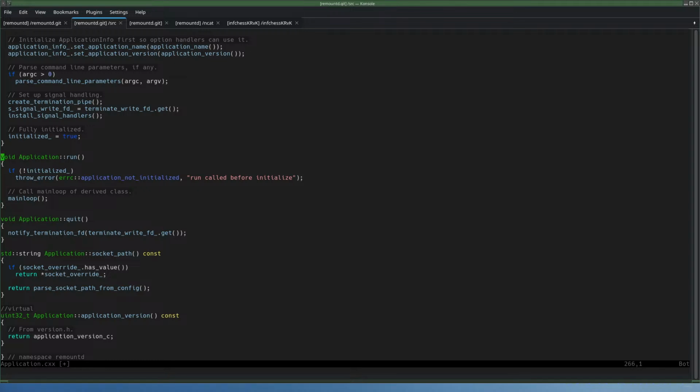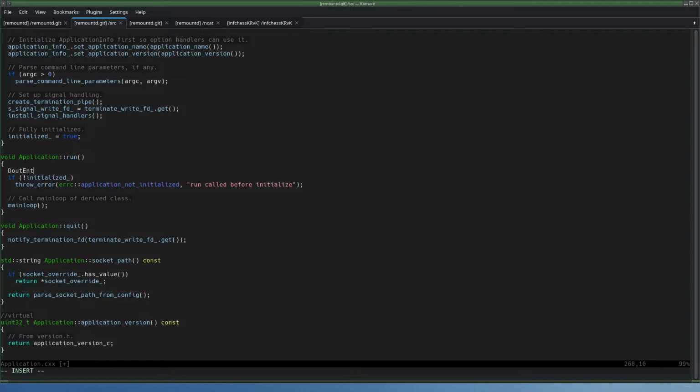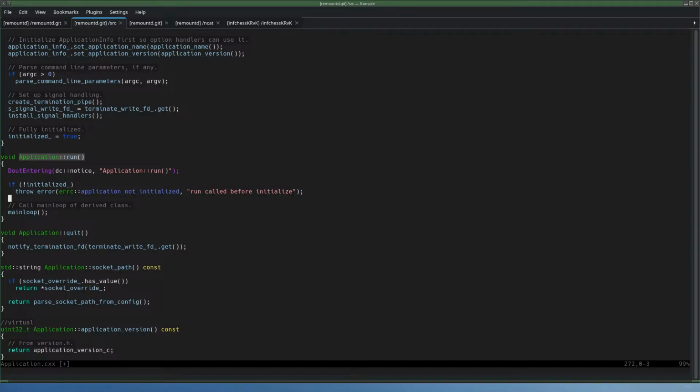No, this is an important moment. Let's add this one here. Entering application run. And then in the main loop as well.